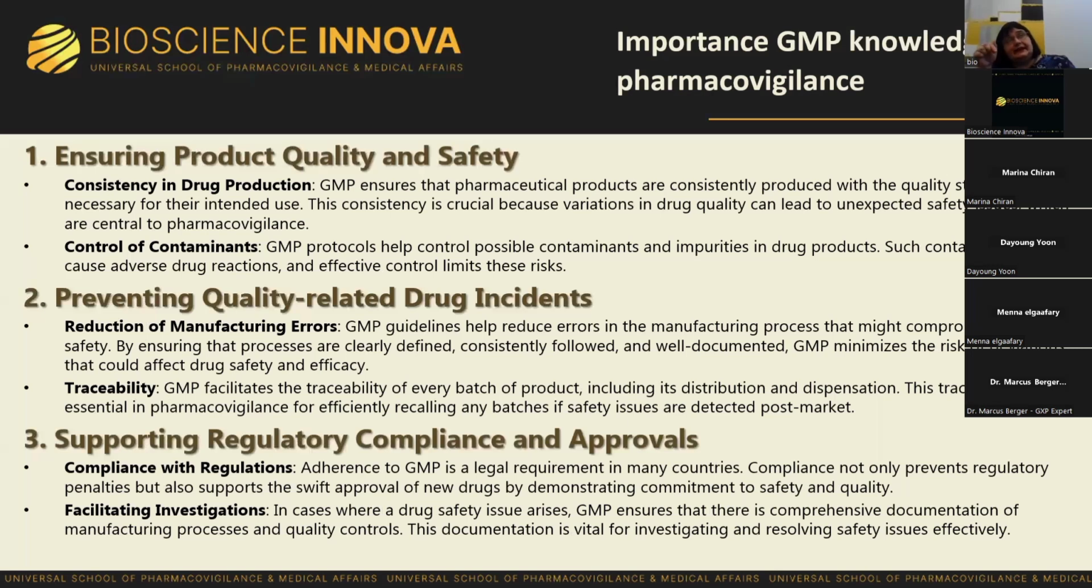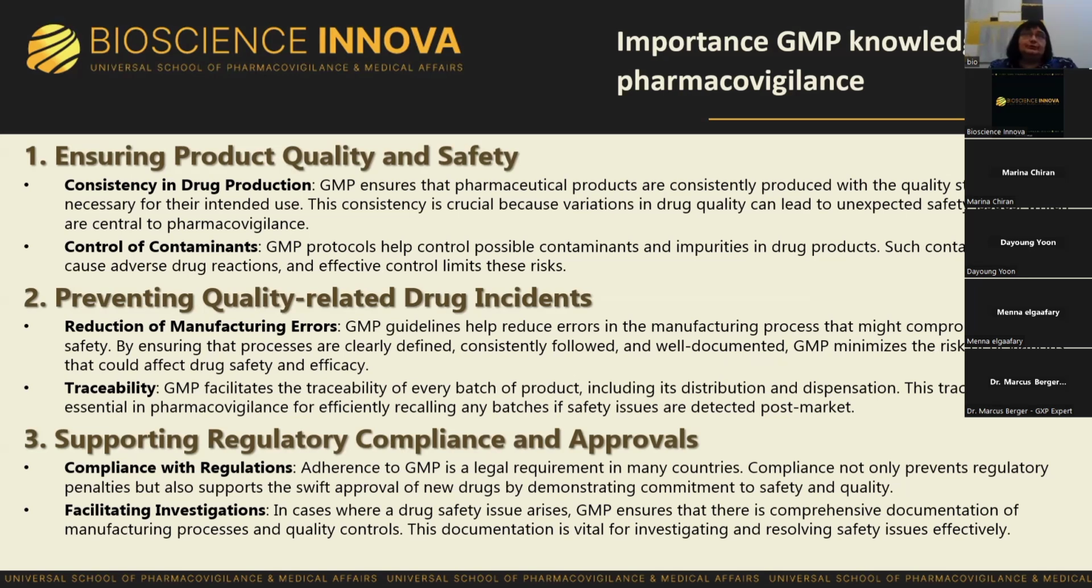It's taking part in writing the investigator brochure. It's safety management plan writing, and afterward they develop a safety update report. Important GMP knowledge for pharmacovigilance includes ensuring product quality and safety, consistent drug production, control of contaminants, preventing quality-related drug incidents. The QPPV is involved in every serious problem, unexpected problems with